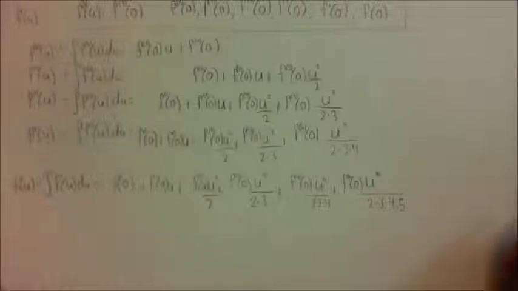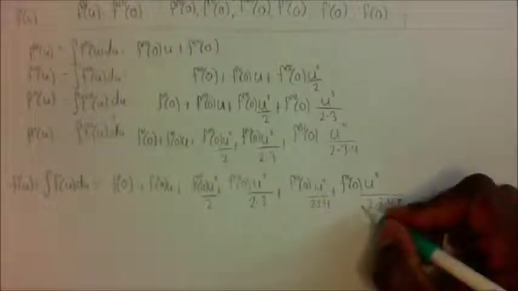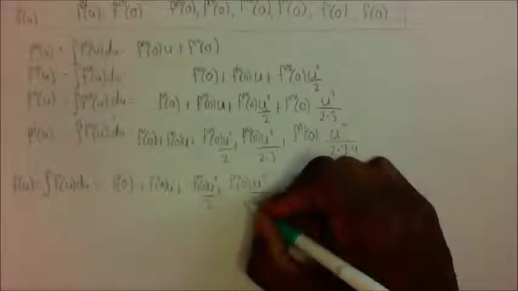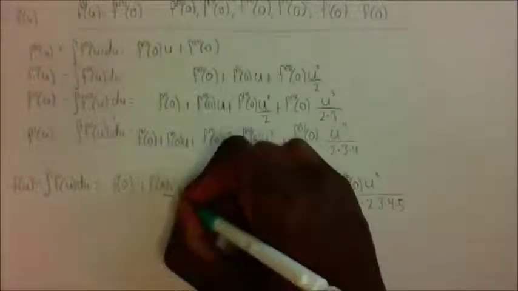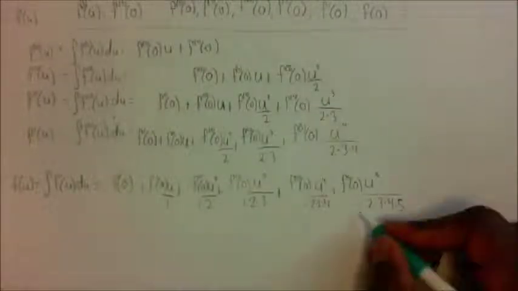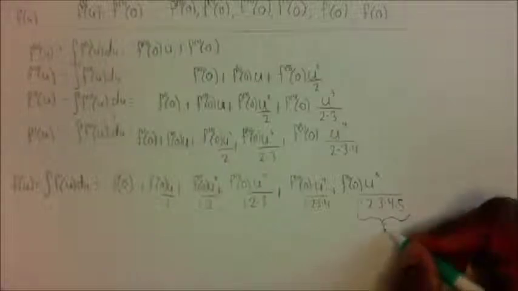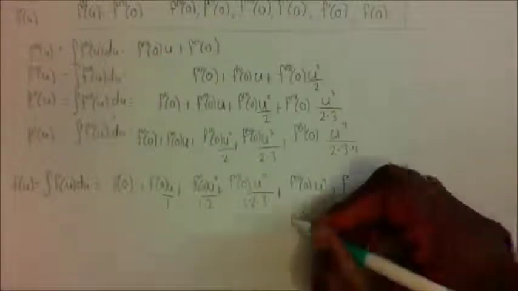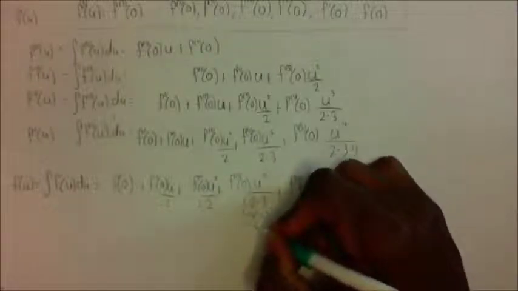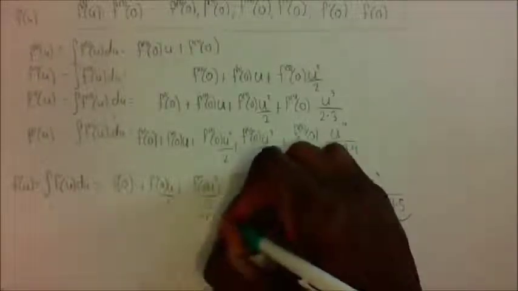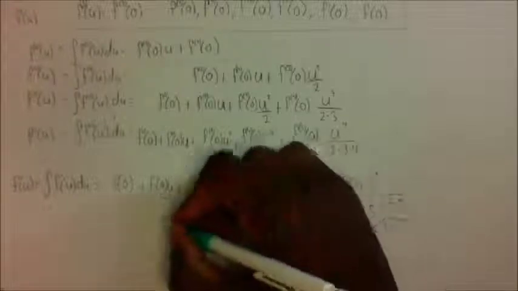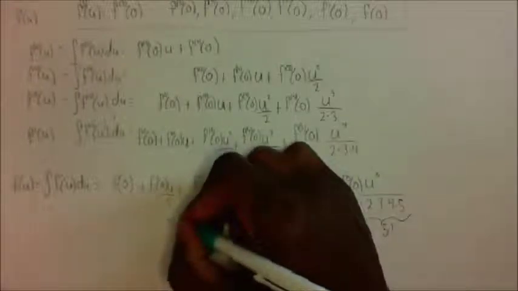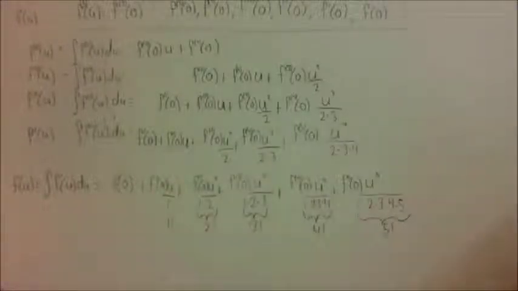Okay, so now if we notice, if we just multiply those by 1, it doesn't change anything in the denominator, but we know that this is 5 factorial, that's 4 factorial, that's 3 factorial, that's 2 factorial, and that's obviously 1 factorial, which is equal to 1. So now,